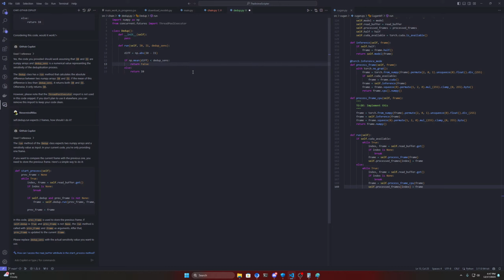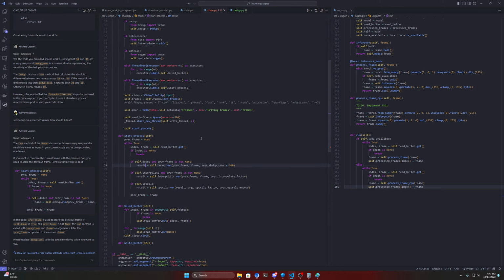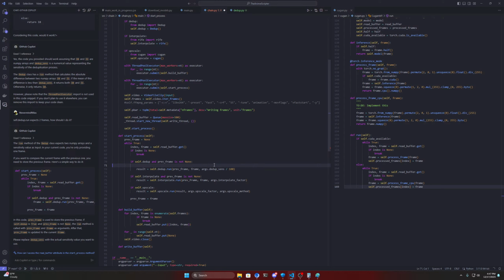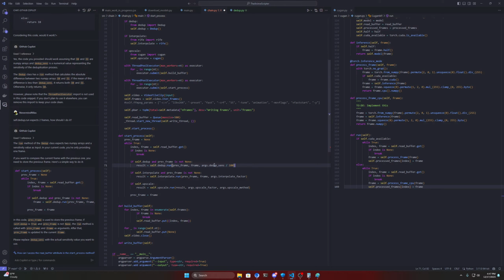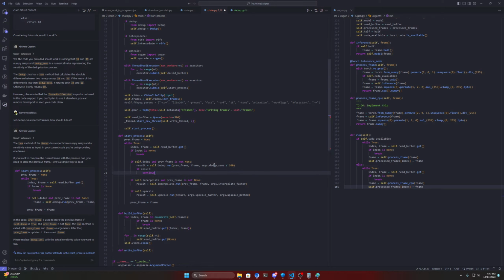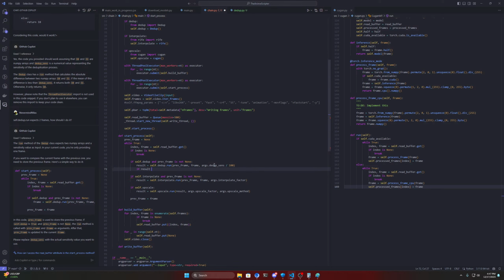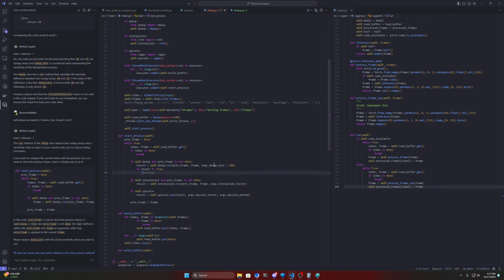Return false, return true. If result is true, meaning they're duplicates,